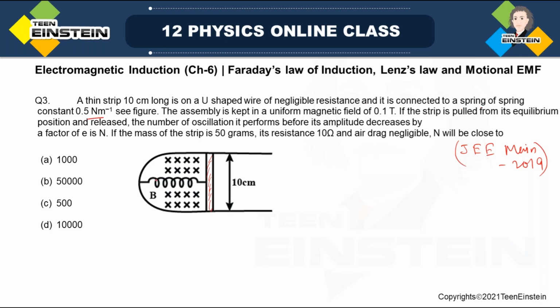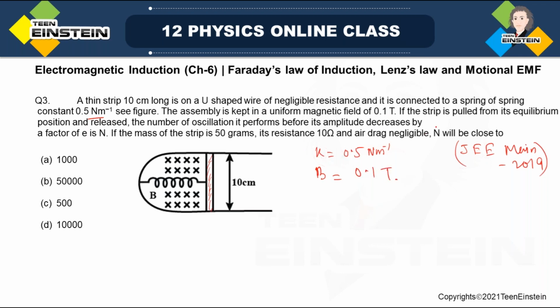See, this is a strip which has length 10 centimeter, as you see from the figure, and this strip is actually connected to a spring of spring constant. That means K is given, 0.5 Newton per meter. Okay, and the assembly is kept in a uniform magnetic field B, magnetic field of 0.1